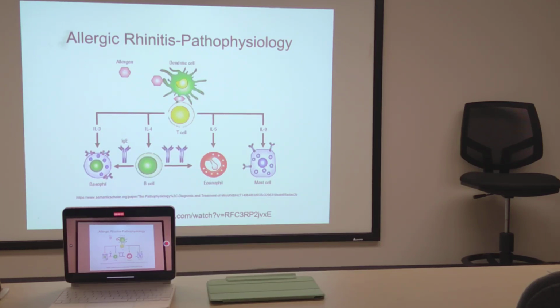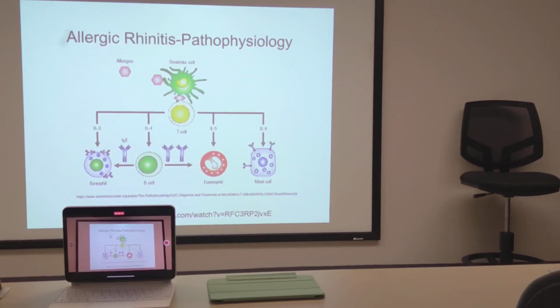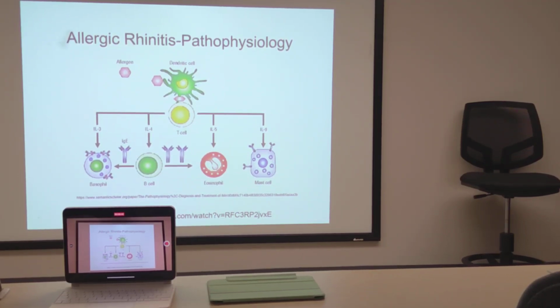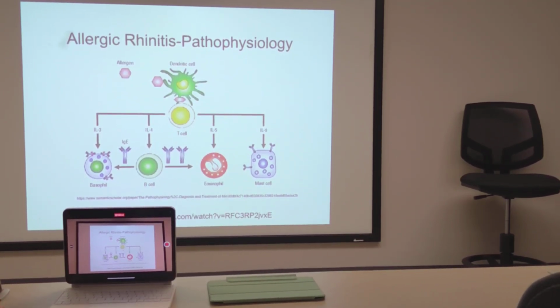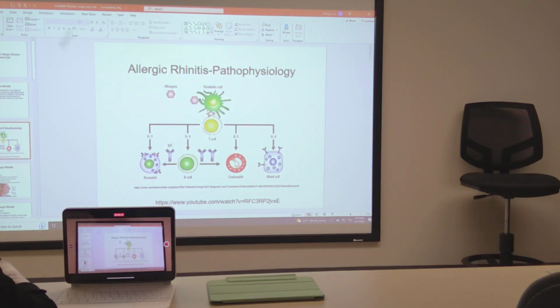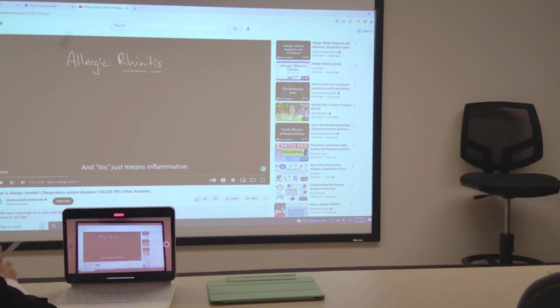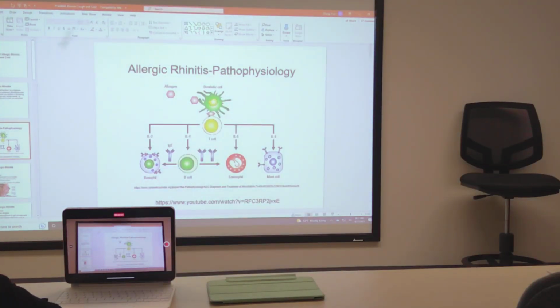All right, so I found this video on YouTube, and I think it's really cool. It explains the pathophysiology of allergic rhinitis very clearly. Although it didn't mention all those cells, there are some minor differences. It focused more on the mast cell and some other basophils. But overall, the process it explained is really cool. So I would like to play it. I also put the link here, so you can also take a look after the class.